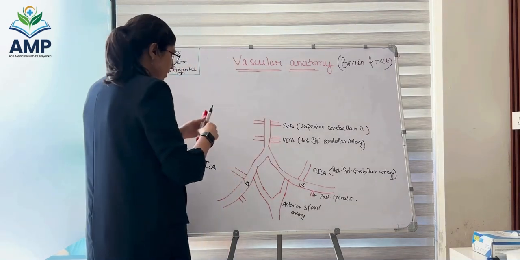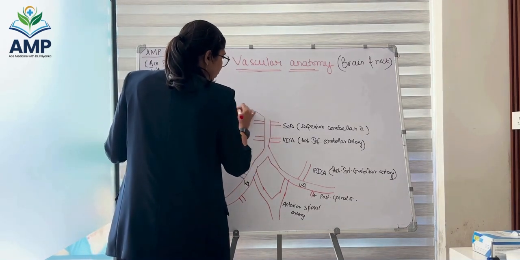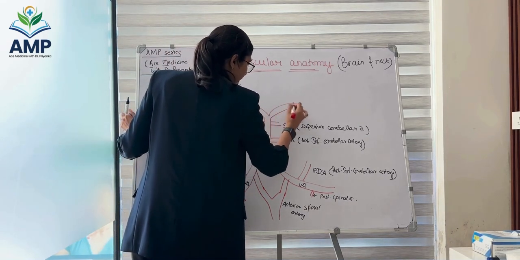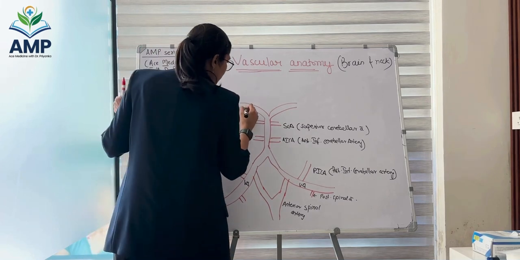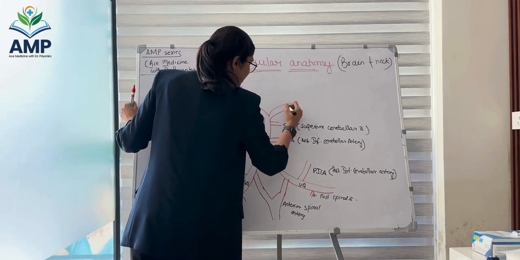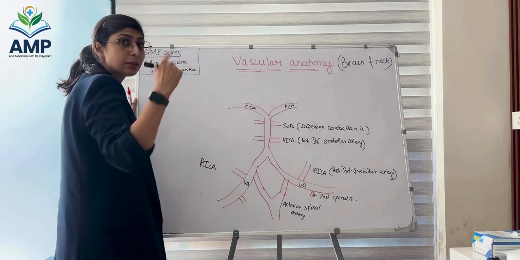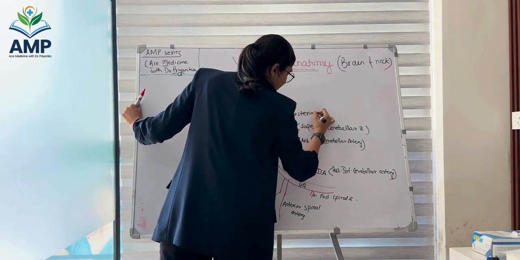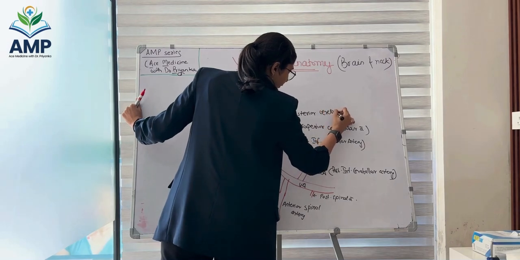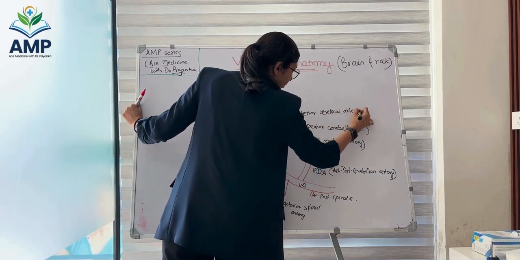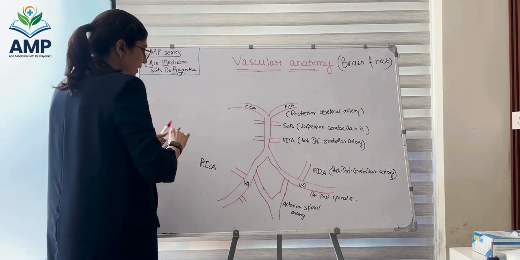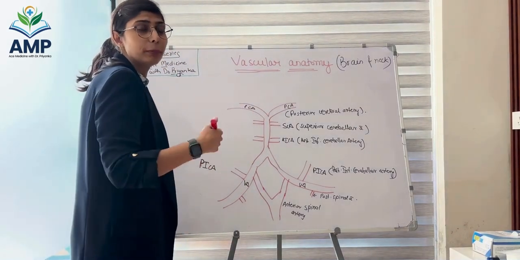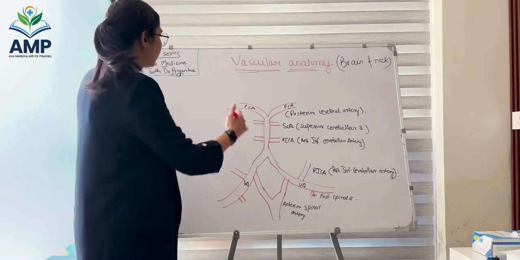And the basilar artery, as we all very well know, divides into the posterior cerebral arteries. So these are the two PCAs, posterior cerebral artery, okay, not cerebellar. So this is the posterior cerebral artery. So PCAs. Now, we know the ICA divides into a middle cerebral artery and an anterior cerebral artery.